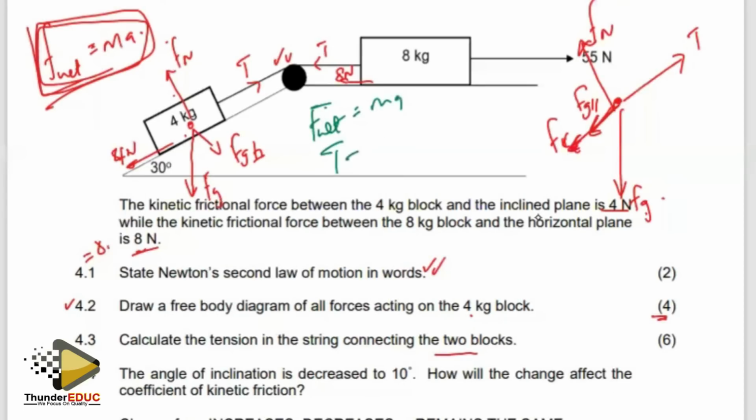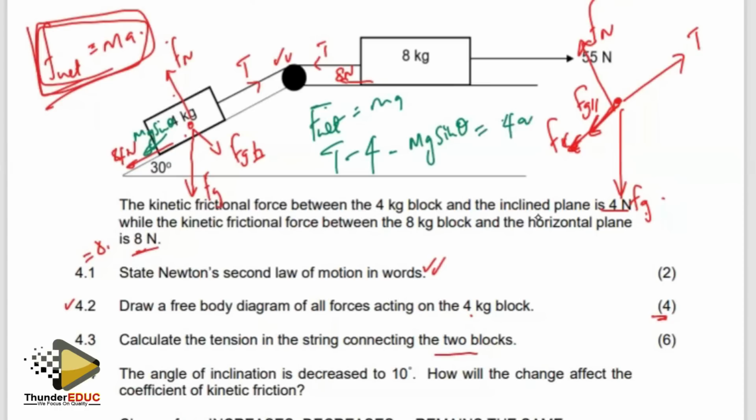So tension is leading. We are subtracting the 4. Okay. But we say there's also the mg sine theta, the Fg parallel that's acting there. So minus the mg sine of theta. I think those are the only forces. Should give us